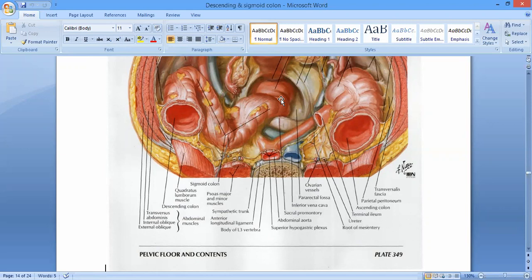Any problem, Vijay? Everything is clear? And as you see, it has its own mesocolon, it is covered with peritoneum, so it is highly mobile, and it is going to hang down in the pelvic cavity in a loop-like manner. Okay, so